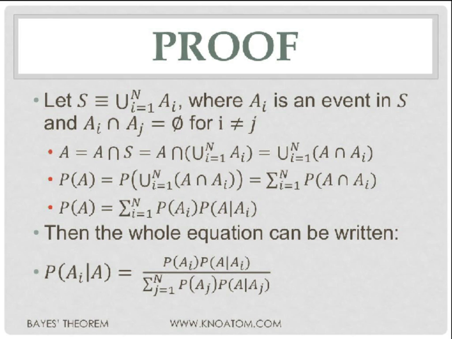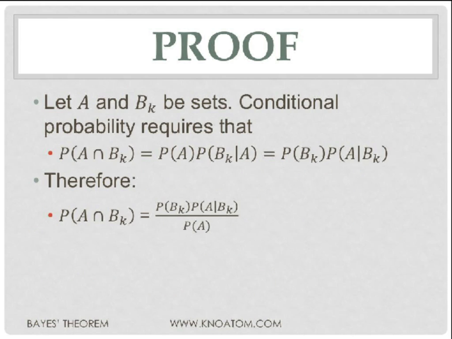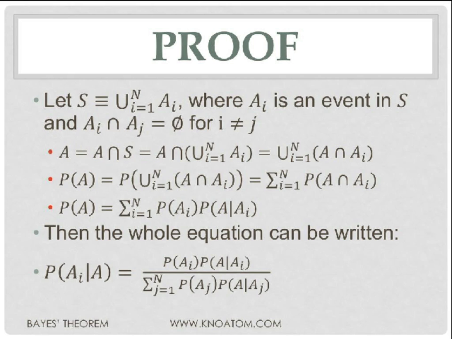And then, when we're all done, we can say that the probability of A is the summation from i equals 1 to n of the probability of Ai times the probability of A given Ai. This is a bit confusing here because A is the evidence and Ai is a hypothesis. So now we can fit this new part into what we had from the last slide to get Bayes' theorem,